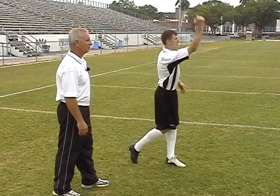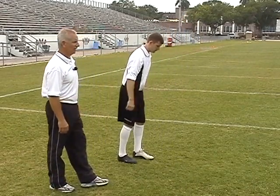Just as the ball comes, actually when you're filming a punter for his technique, a lot of times you can identify